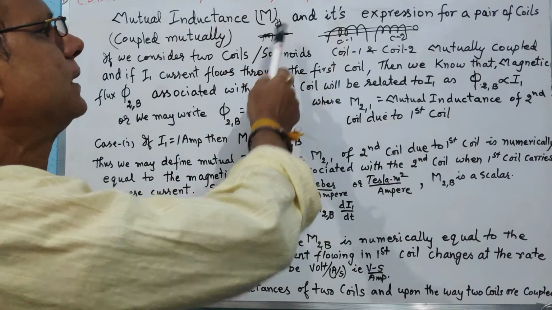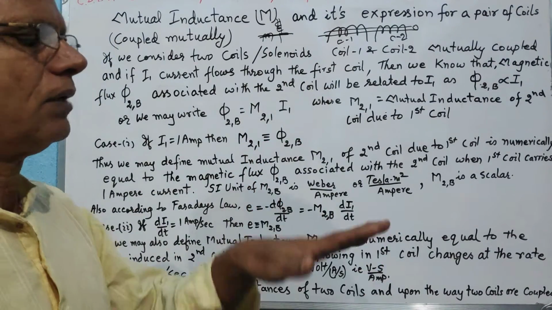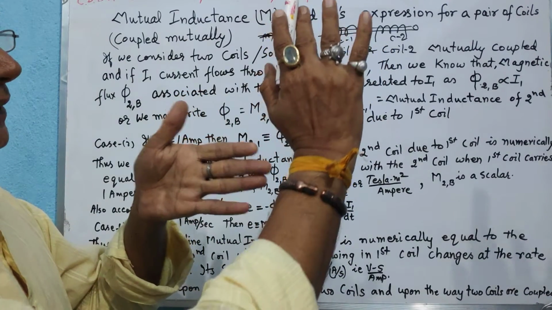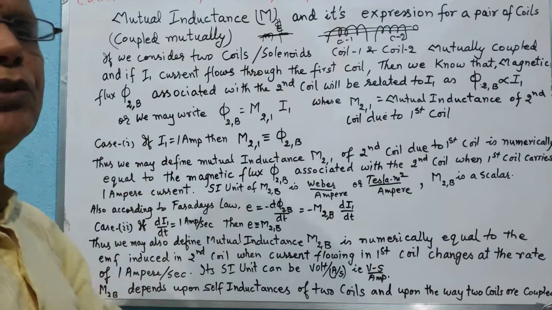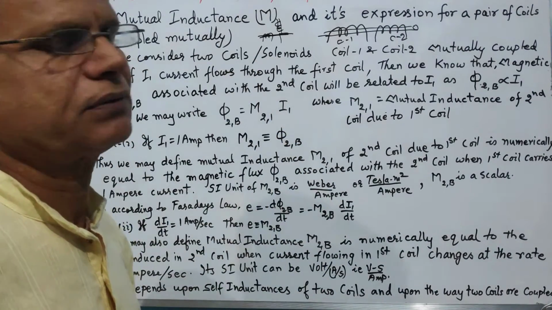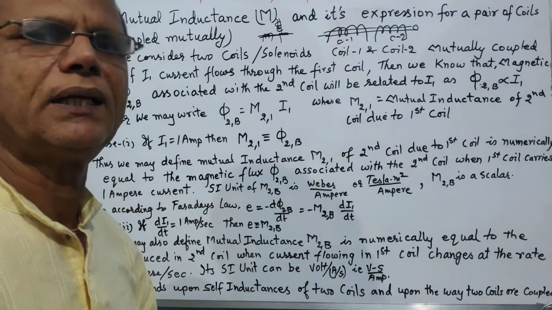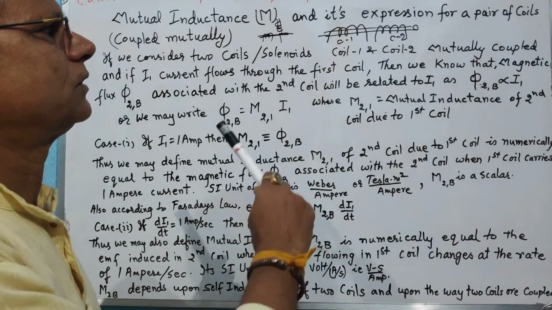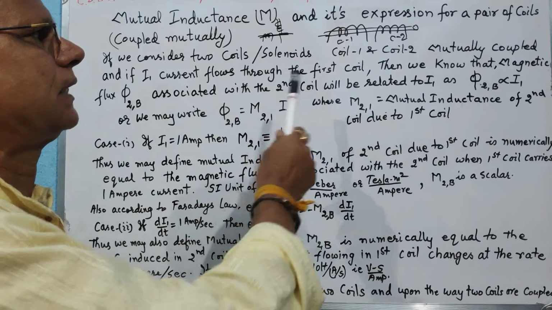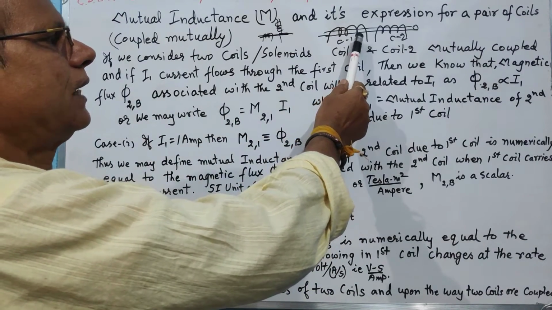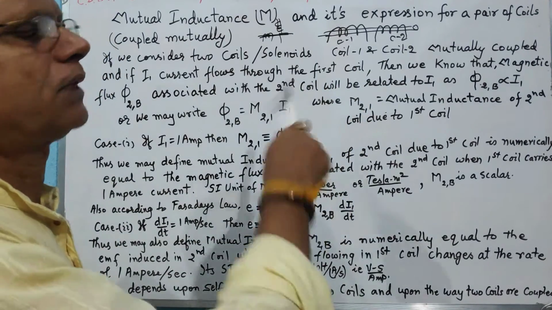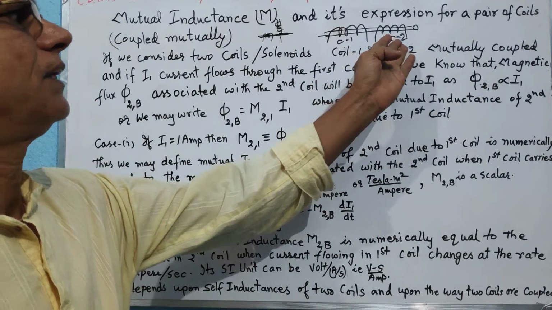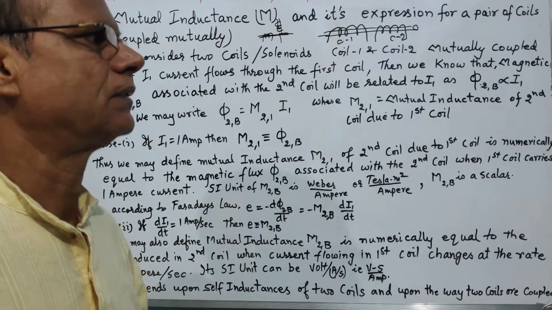We can have yet another type of coupling. One coil is placed in the horizontal direction and another coil is placed in the vertical direction, and they are placed close to each other. That will be another type of coupling, and yet we can have so many other types of coupling possible. So now we can very much understand that if the current I1 flows through the first coil, it produces some magnetic field around it, and due to which some magnetic flux will be associated with the second coil.